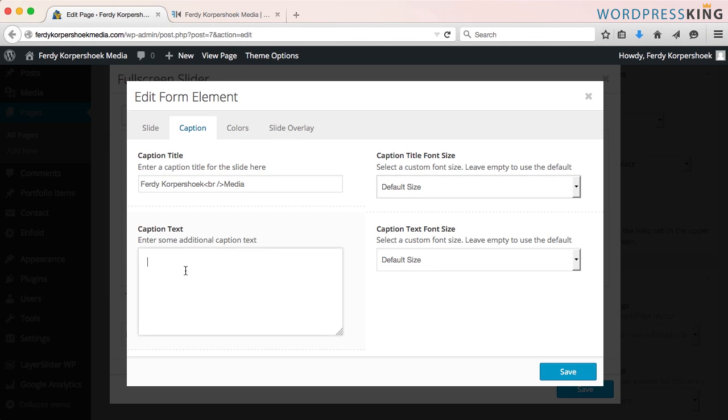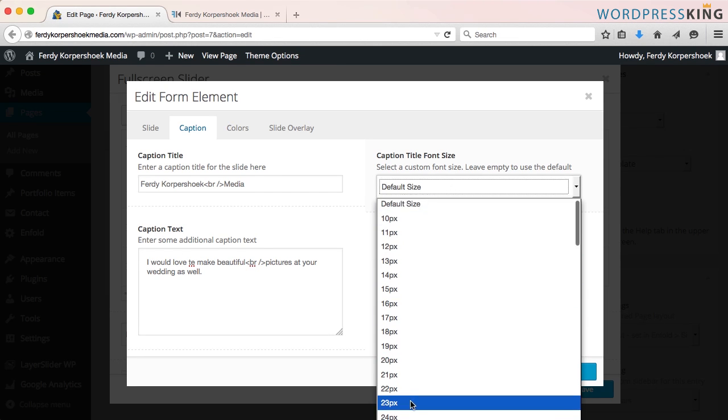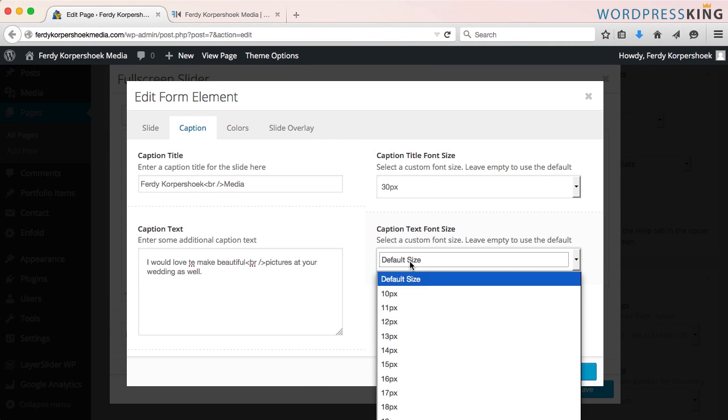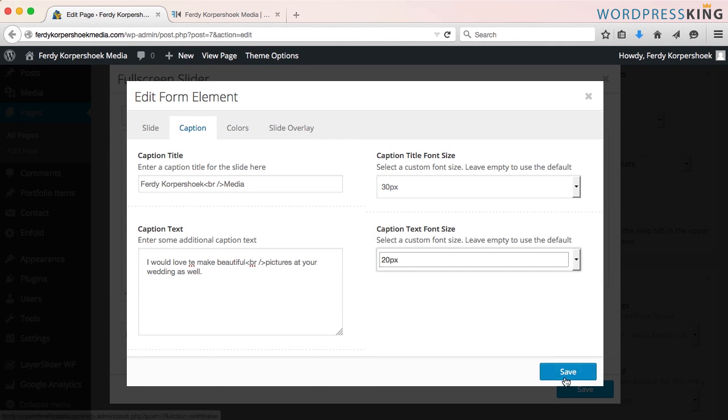And the caption will be, I would love to make beautiful pictures at your wedding as well. There are two words. This one will be 30 pixels and this one 20. I save it